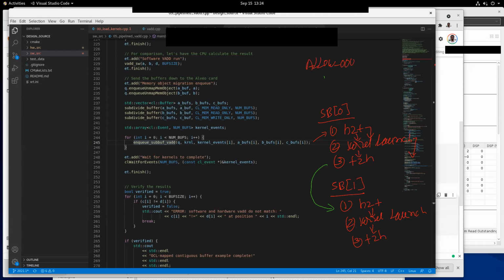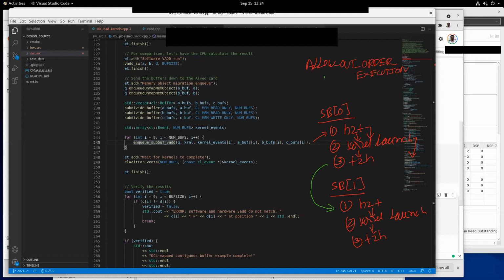It's only one command queue, but you just permit it to allow out of order execution. I understand, sir. Then the second subbuffer will be launched in parallel. Yeah, it will be launched even before the completion of the first task.